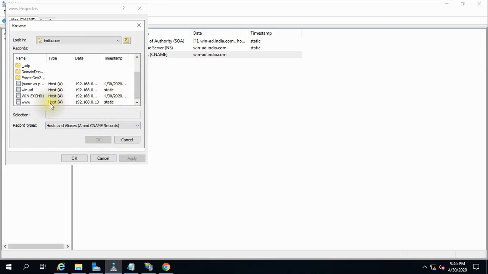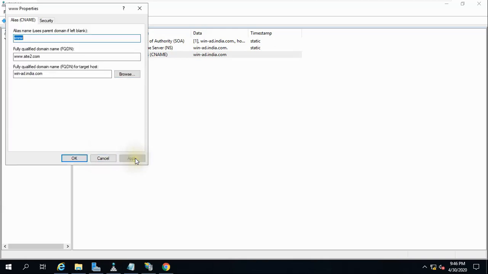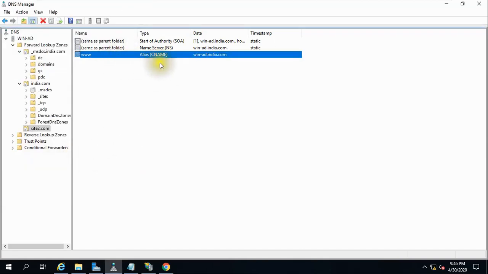You will have to select this only. Okay, and if you go this side, you will find 53 is that server IP address, and this is Active Directory. So you have to select this one from here, while creating the alias record, because that is our primary ad.india.com.